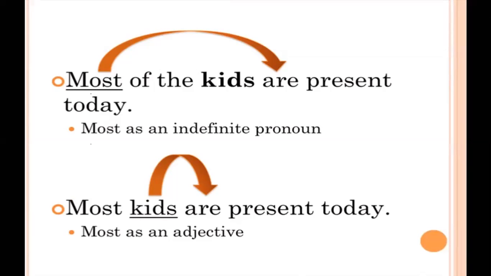But there are times where the indefinite pronoun of one sentence, if it is slightly changed and then used as an adjective, could change the agreement. So definitely make sure and look at the simple subject of the sentences. Figure out what you're looking at. What is the simple subject? Is it an indefinite pronoun, as in the first one, which is most? Or is it some other word, such as kids, in the second sentence? And then most is just being used as an adjective. So be very careful about what you're looking at grammatically, and then create your agreement patterns from there.